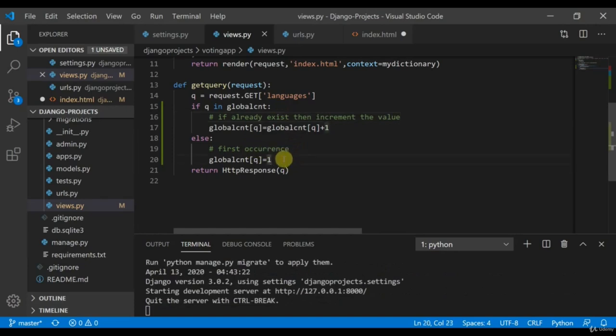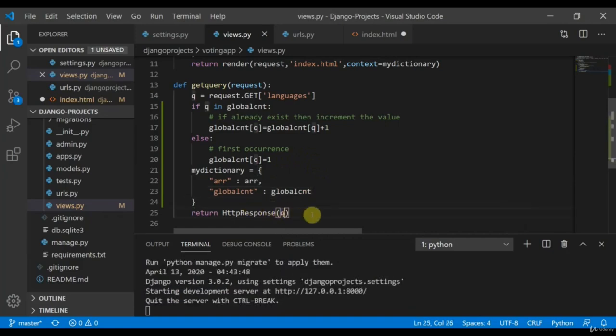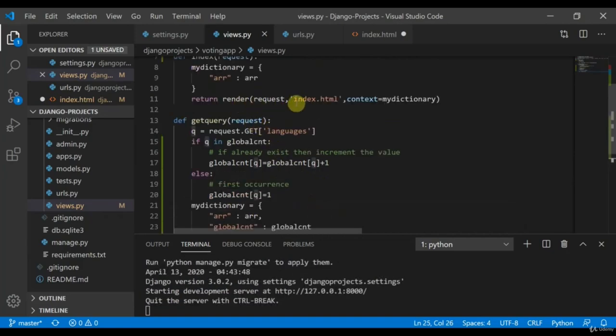Okay, so what we can do, we'll create a my dictionary. So array would be the array, and global count would be the global count. Okay, good. Then return, we're going to render this in the same way.